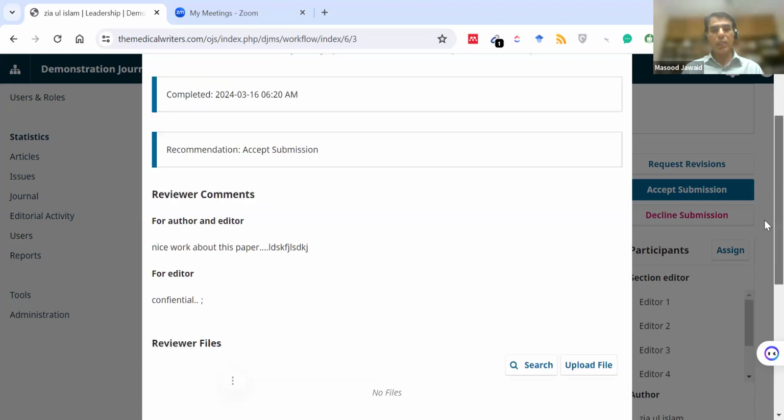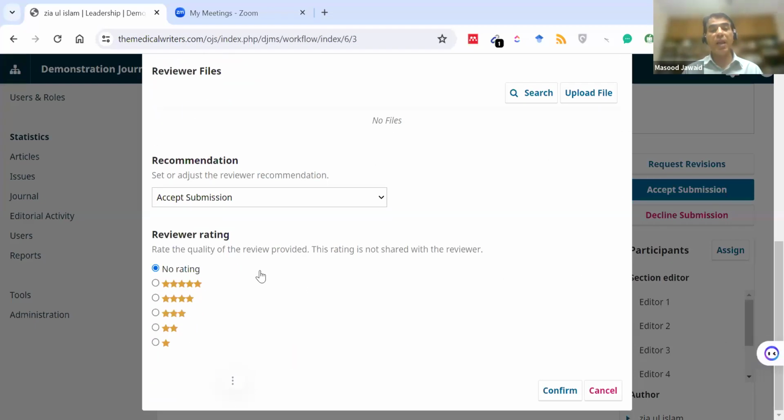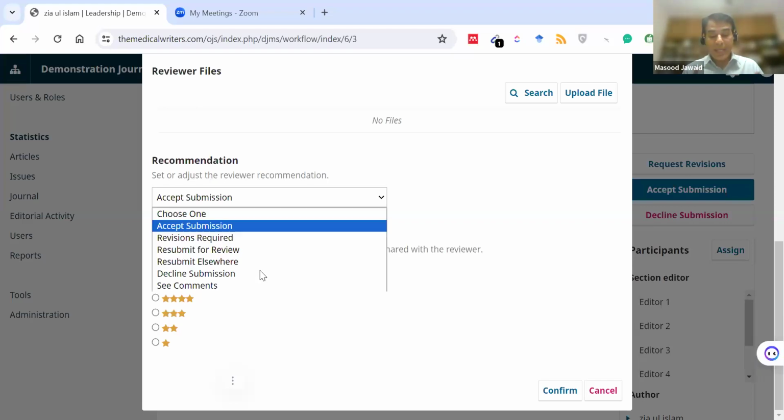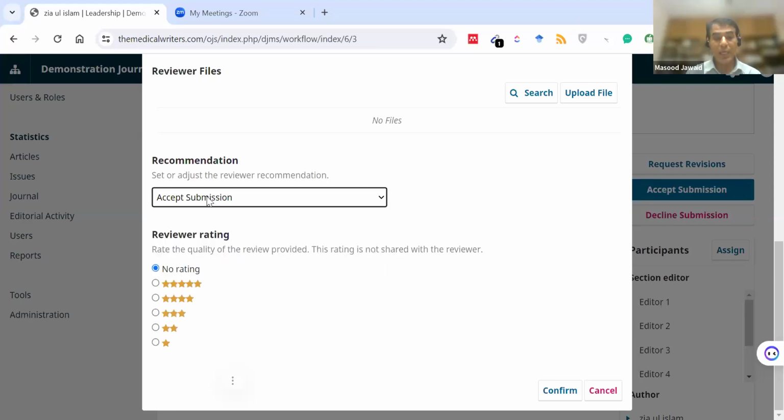So you can see there when it was completed, what is there. If there is a reviewer file, it is here to download, which we don't have. And of course, they have recommended to accept the submission, but as an editor, you can change it if you want to do it. I don't want to, but you can see there, you can change it, and it also guides you to give